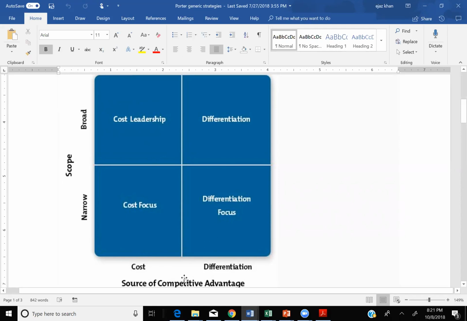Let's say a company wants to compete in the market on the basis of its low cost structure, and it wants to keep its scope narrow, which means that it does not want to have the same strategy for all of its products. Then according to Porter, it should have a cost focus strategy,